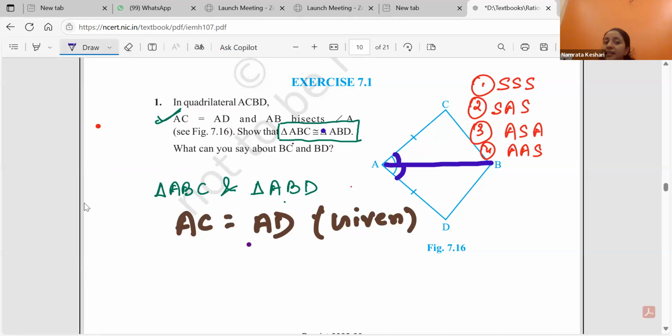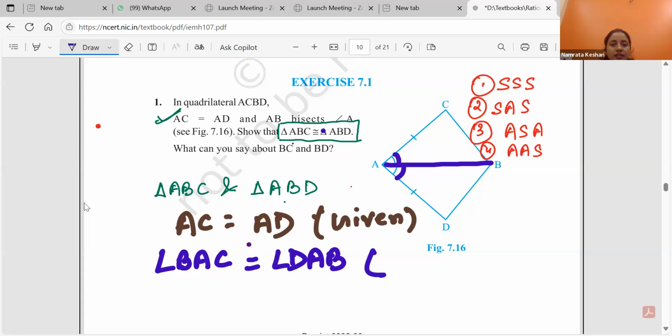So we will write it: in triangle ABC, angle A, which can be written like this, and angle A in triangle ABD, which can be written like this, are same. Why? It is also given, since AB is the angle bisector. AB bisects angle A. Only this much information we have,